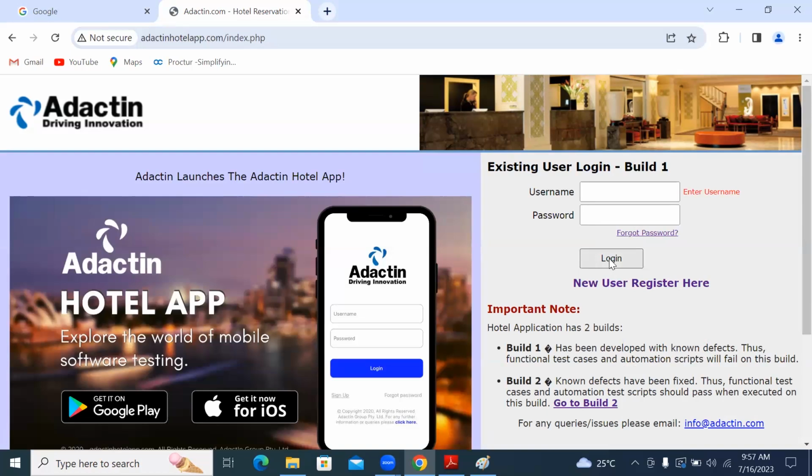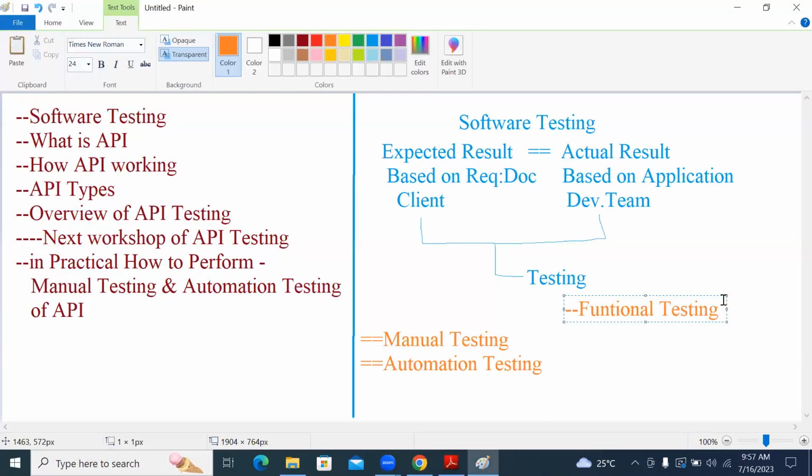The developer has been developing the application, and as a tester, we confirm whether the application has been developed accordingly. For giving the confirmation, we go with different types of testing. In that, we take functional testing. When you do functional testing, we can do manual testing and we can do automation.